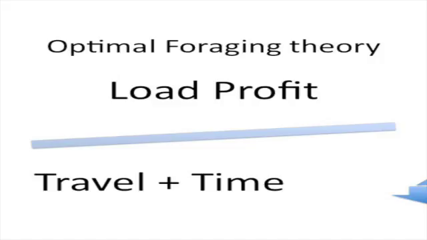With OFT, there are constraints, right? Theoretically, it sounds great that we have foraging over, well, the foraging profit over the travel and the time, but the deal really is, are there other things that we're not considering? Now think about this. There's fitness, right? Can an animal survive and reproduce, right? Support its young and make its genes spread throughout that particular population, so its genes are in that population for a very long period of time. It increases its fitness. Now, OFT doesn't take into consideration something like a squirrel caching its nuts.